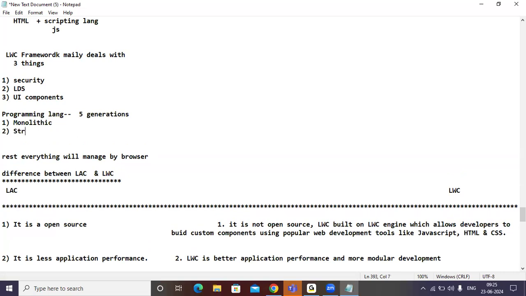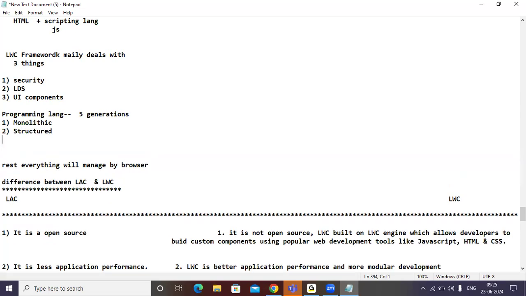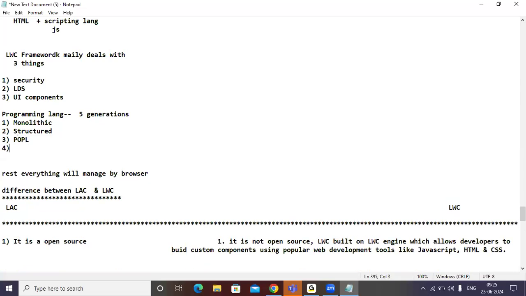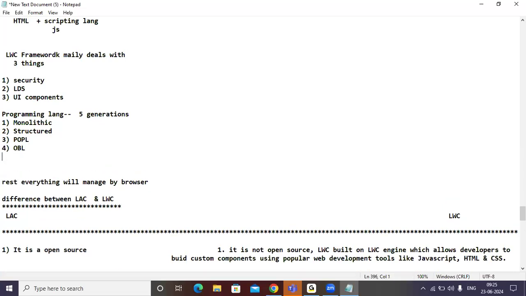Second one, structured languages. Third one, POPL. Fourth one, OPL. Fifth one, OOPL. Monolithic language, best example, BASIC language. Structured language examples, Fortran and COBOL.